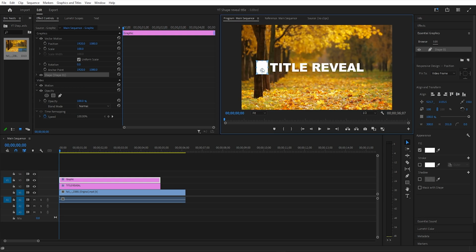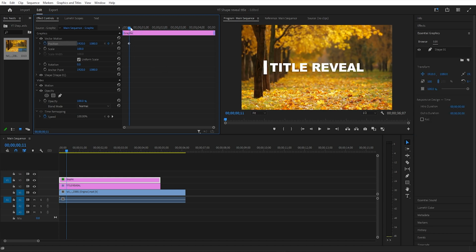Drag it across here to the left hand side of it and shrink it down a little bit to whatever feels like a good size. Bring this in a tiny bit for the scrubber on that layer, and we're going to go to position and click a keyframe on that. Going to go towards the end of the clip, reposition our rectangle to the right hand side, and that'll automatically